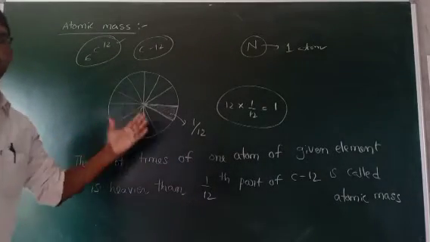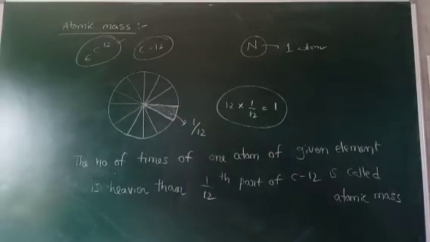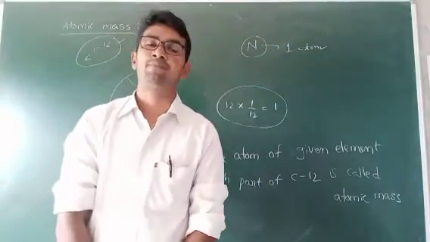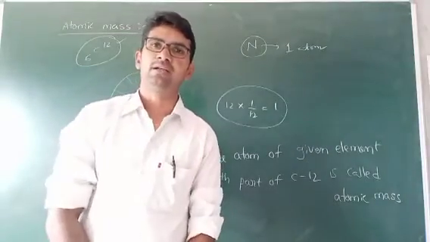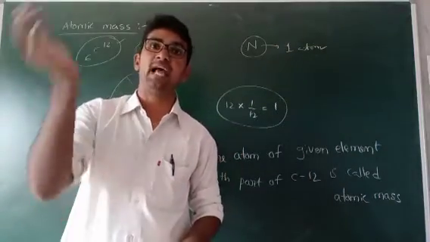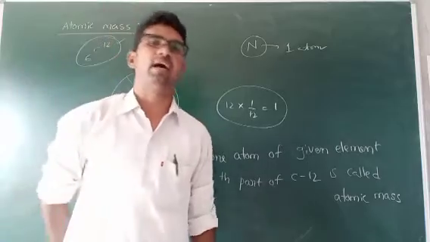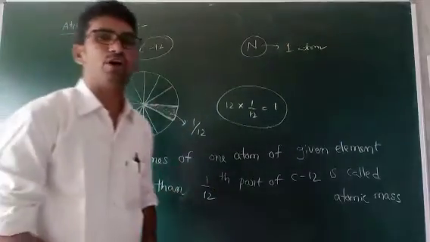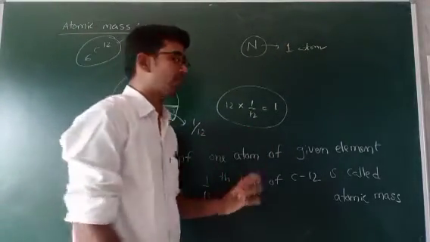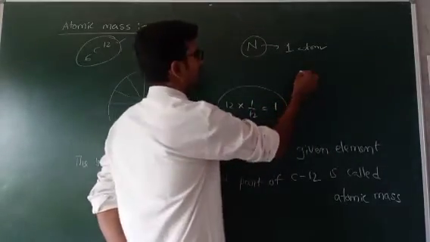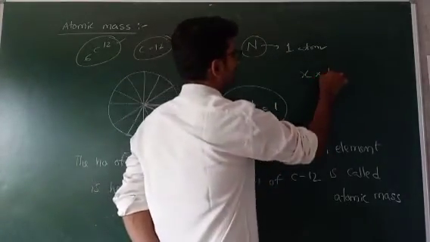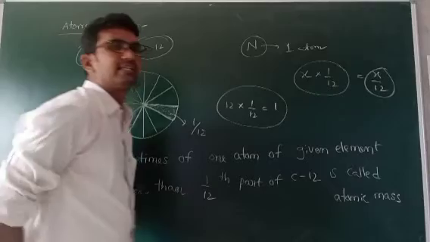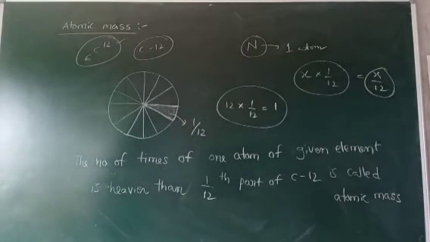Actually atomic mass is a ratio. It is not a perfect value. If you take nitrogen and only one isotope is present, no problem. If it contains isotopes, then you must calculate the average value. So it is an average value of the isotopes, and also given as ratios, because of 1 by 12. For example, x times heavier means x into 1 by 12, so it is x by 12. It is a ratio value and an average value.